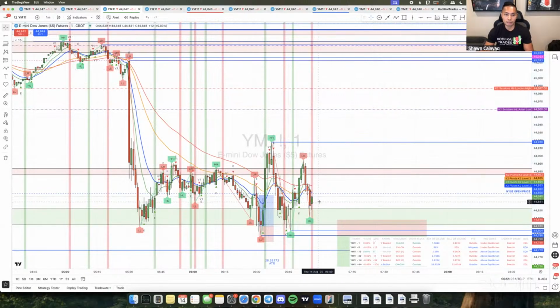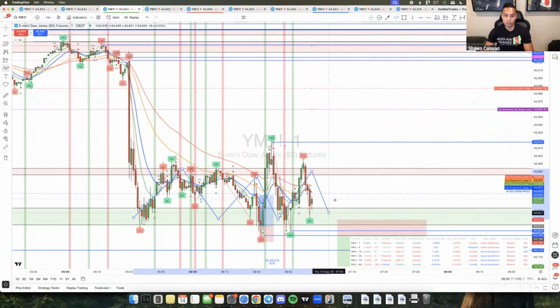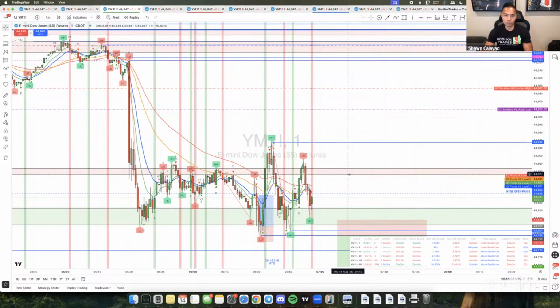However, it doesn't necessarily have to, right? That can happen at some point later in the day. Right now, you can see price is kind of just sitting within this range. So I don't really like this market too much. If you guys do want to take trades here, obviously sweeps are going to be your best option. Sweeps or V1 variations, you're going to look for reversal patterns off structure, which we do have structure here, but